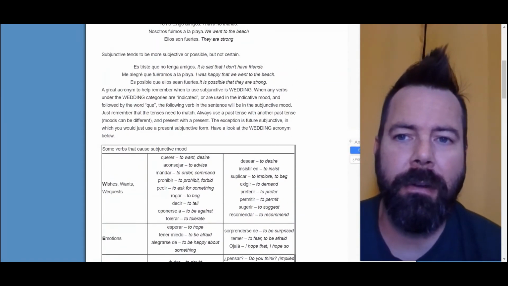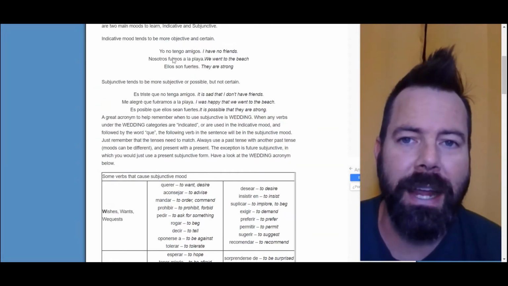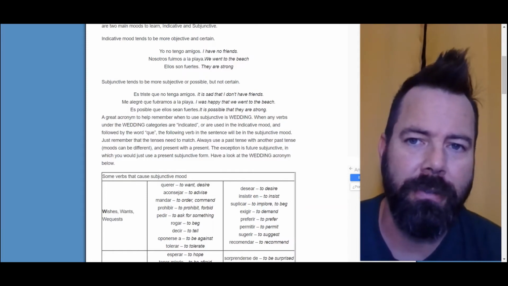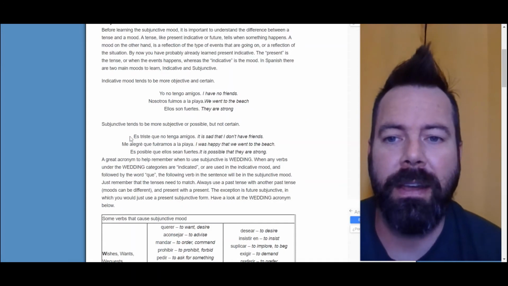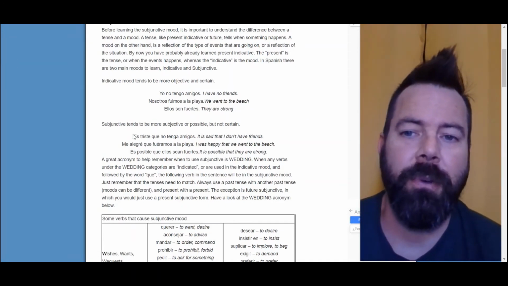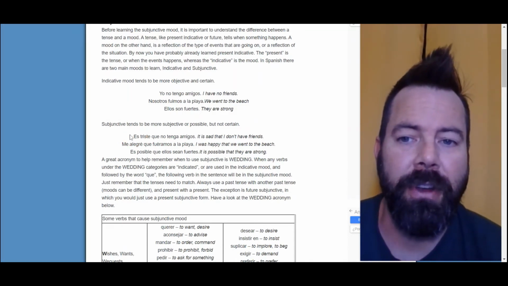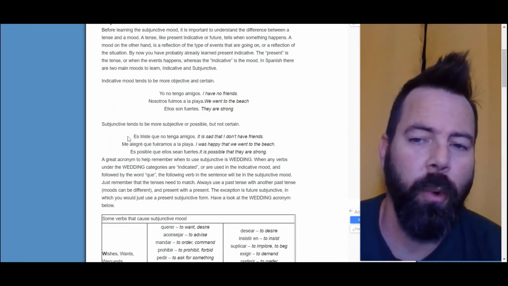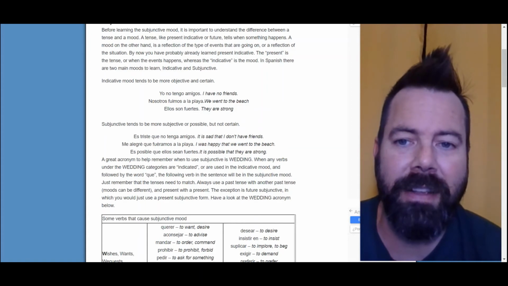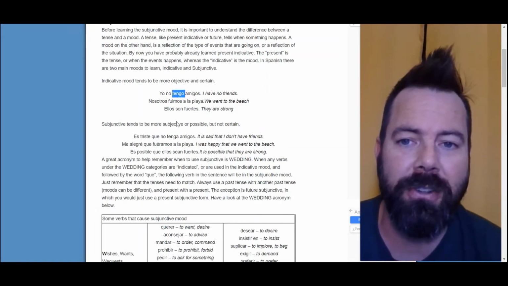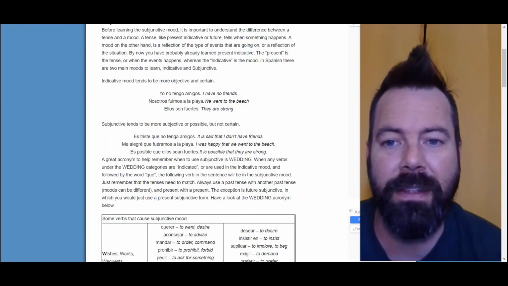So you get these complex sentences here, like es triste que no tenga amigos. Now, when you just say I don't have friends, yo no tengo amigos. But when you change it and you have feelings about it now, then you're going to cause subjunctive. So es triste, that is indicative. So you're indicating a wedding verb or a wedding word, and then you have que, and then subjunctive. Es triste que no tenga amigos. See how tengo changed to tenga? Because now, think of it, it's subject to this feeling here.